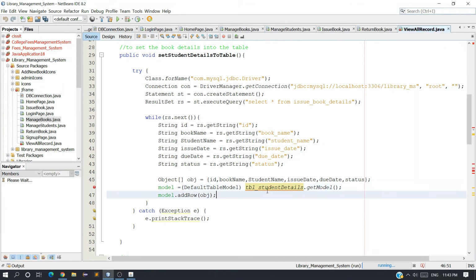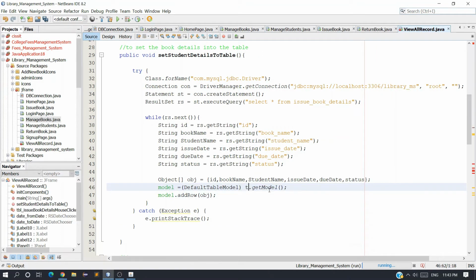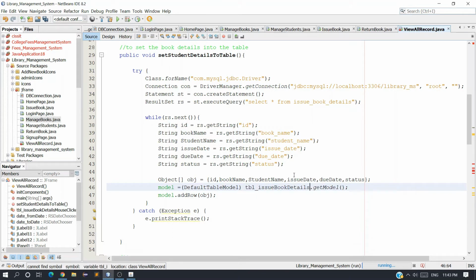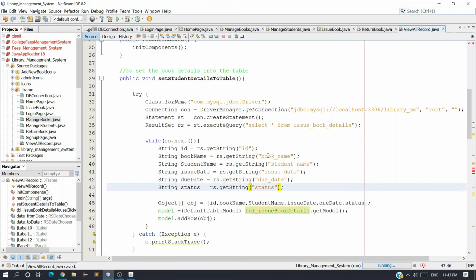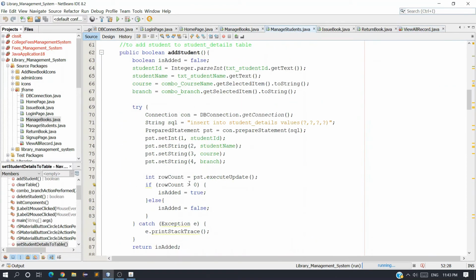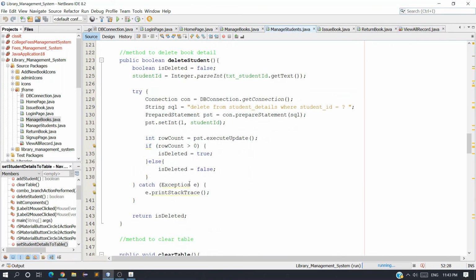Now come here and replace this variable name with tbl issue book details. Now everything is fine, and we need one more method. You can see in the manage student you will find a method called clear table.